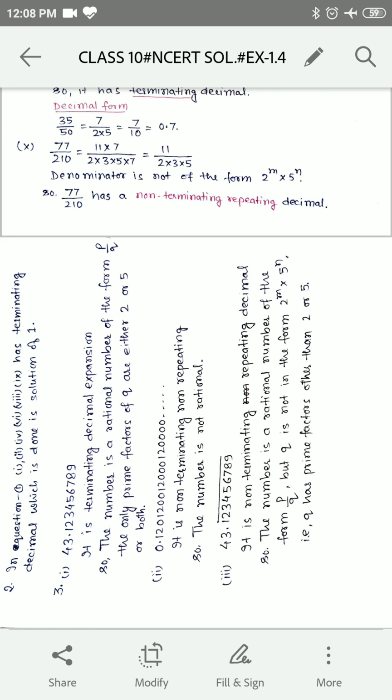0.120120012000012. Clearly it is non-terminating, non-repeating. Therefore it is not a rational number. Third one,